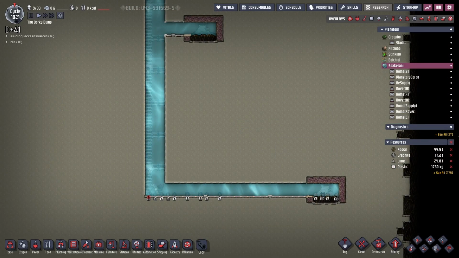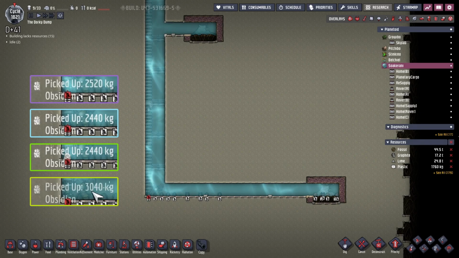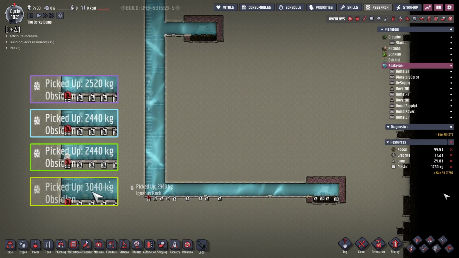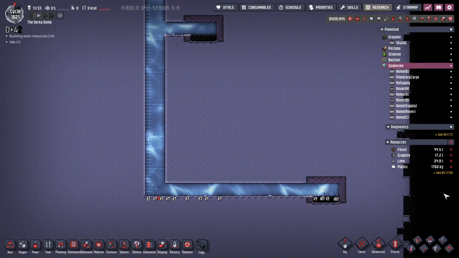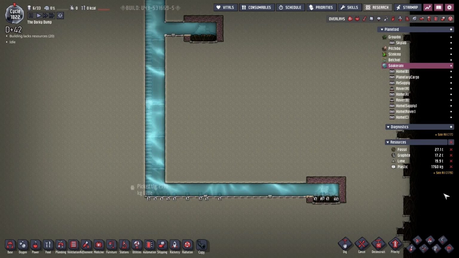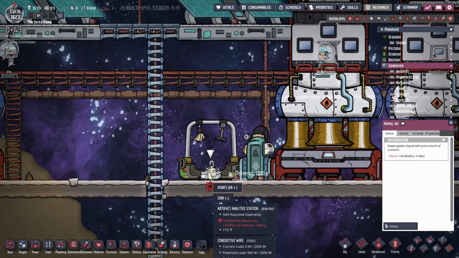As you can see, this is where the strength really pays off, because they're picking up like 3,000 kilograms in one pick. They're going like 2 tons, 2 tons, 3 tons, 3 tons, 2.5 tons. Like, this is where the strength training really pays off. We got a honey jar